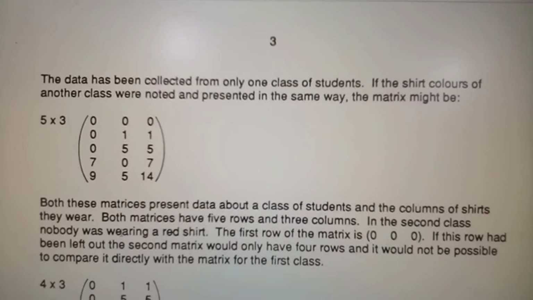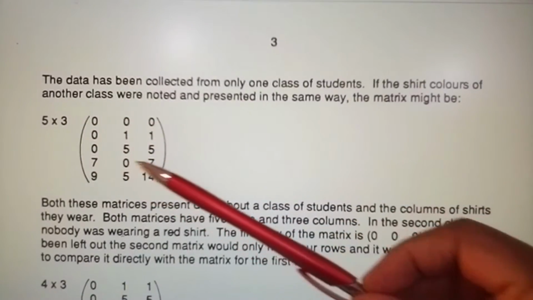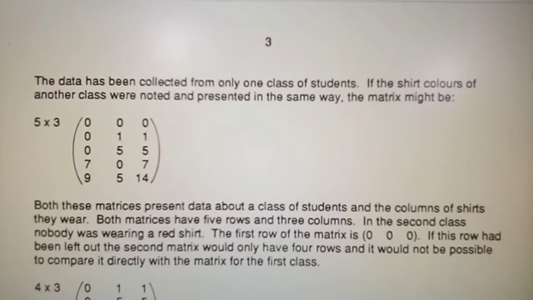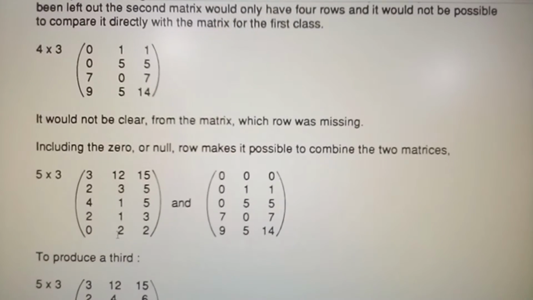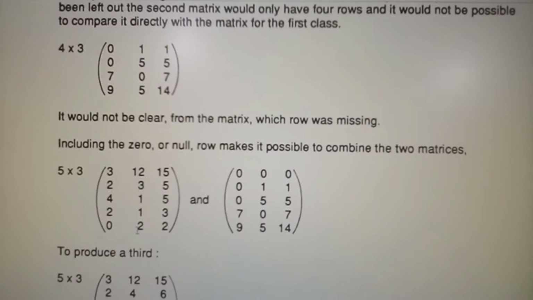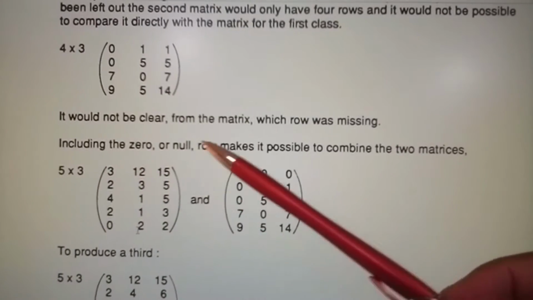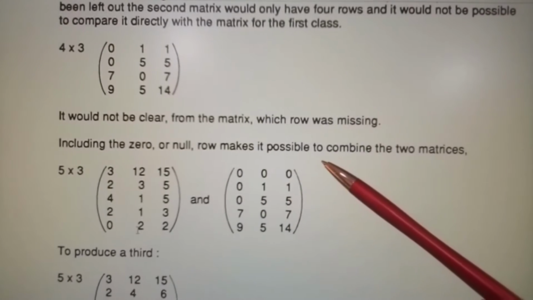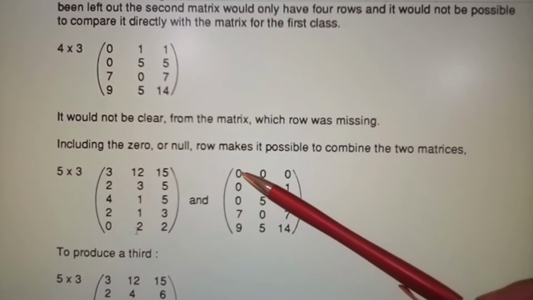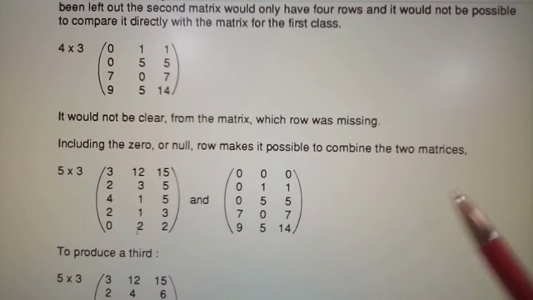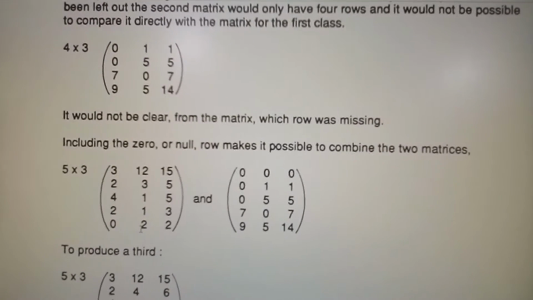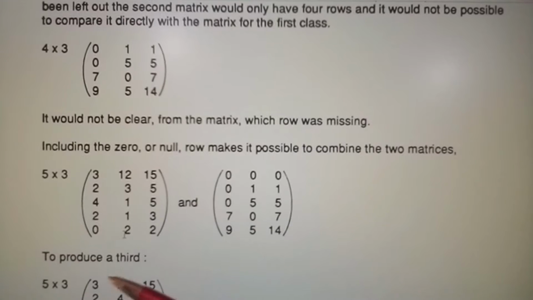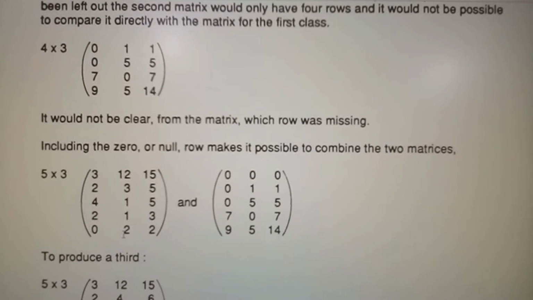So you cannot compare a 5-row matrix to a 4-row matrix. It will not be the same. It would not be clear from the matrix which row was missing. Including the 0 or null row makes it possible to combine the 2 matrices. Now remember, where there's zeros, it's a null value, nil, if you want to use that terminology, okay? To produce a third 5 by 3,